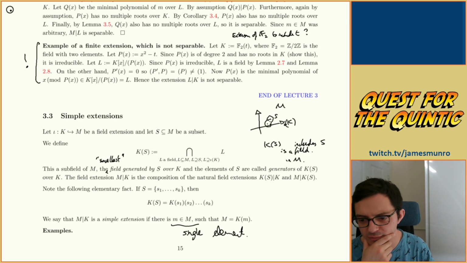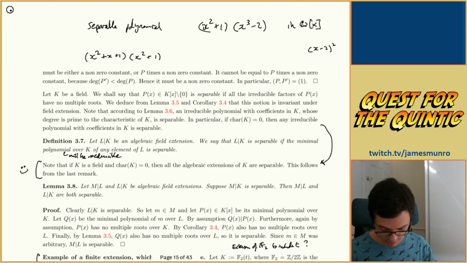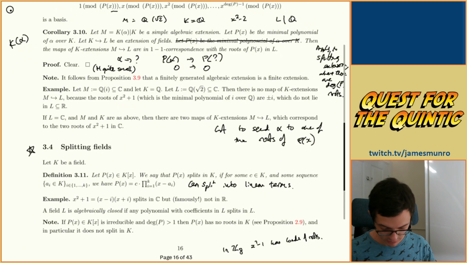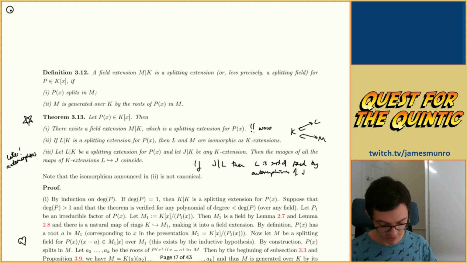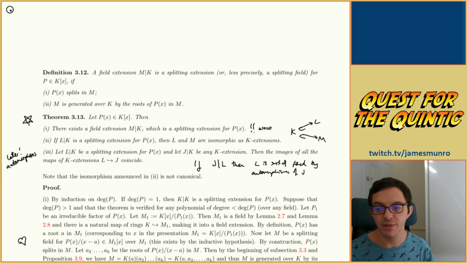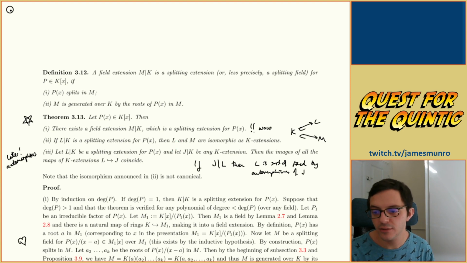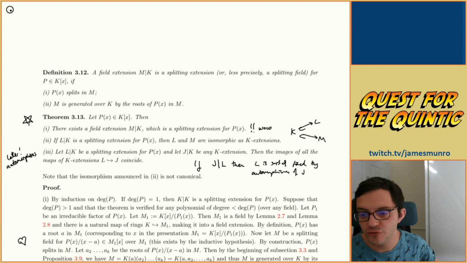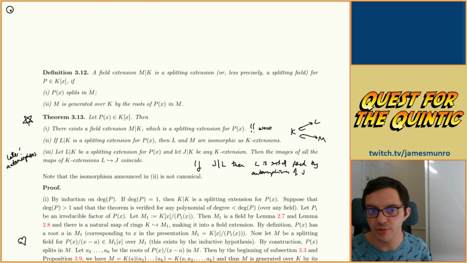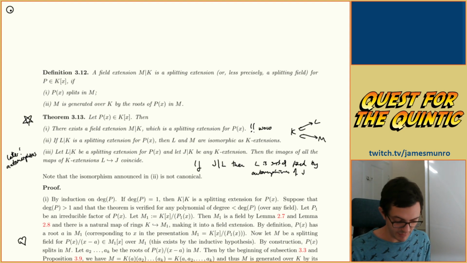Generated by the roots is something people say, right, about splitting fields. Splitting field is generated by the roots. K of S generated by the roots. That's what we have. Or maybe not. Splitting extension, yeah, here it is. M is generated over the roots of p. They're all isomorphic, and J is a further, no, it's a different one, or maybe the same one. The images of all the maps of K coincide. No, from the images and the maps from L into J coincide. The images coincide. Yeah, right, okay. That's sort of equivalent to telling me that you can't send things to the same place as each other, but